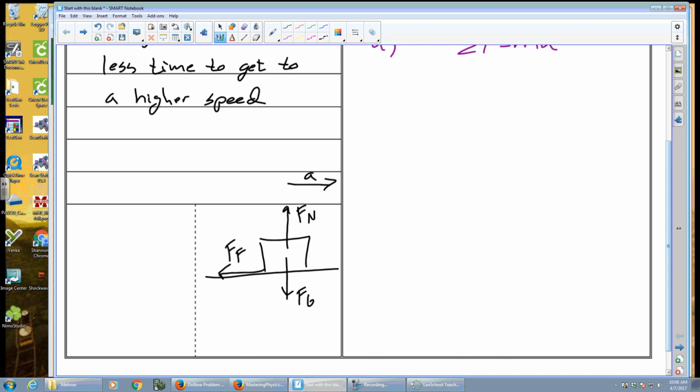The net force is going to be in which direction? Negative direction. Which direction is the acceleration in? Positive. Can we have a net force and an acceleration in opposite directions? No. So, really what we want is we want a force applied